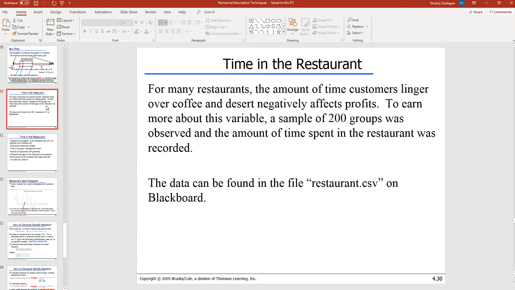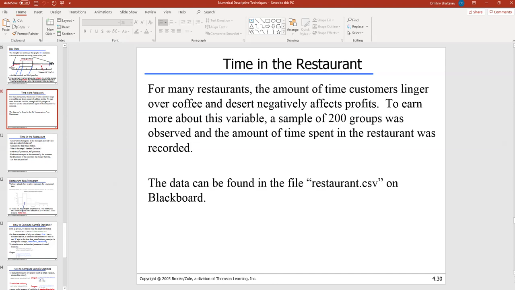So to get more insight into how much time people tend to spend in the restaurant, here is what the owners did. They selected 200 groups of people. It can be a single person coming in, or 2 people, 3 people, whatever. For each of these groups, they recorded how much time, in minutes, the group spent in the restaurant. The data are recorded in the file